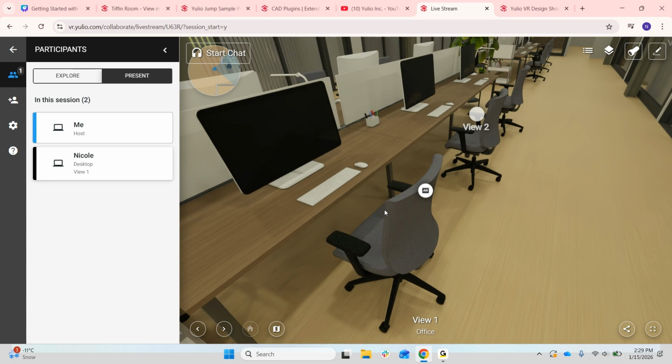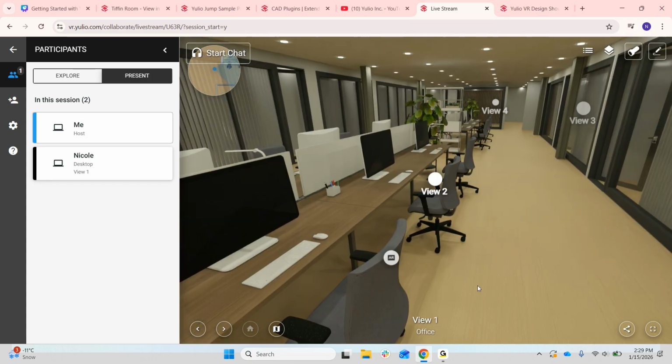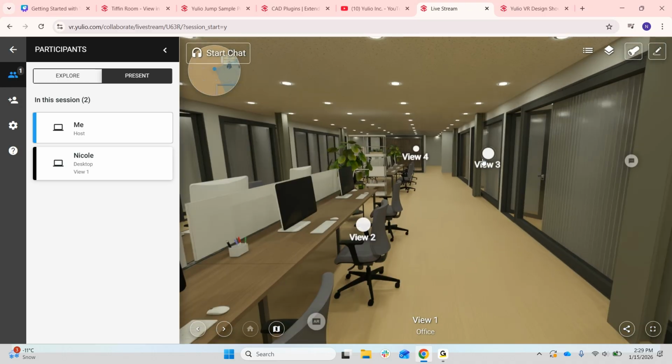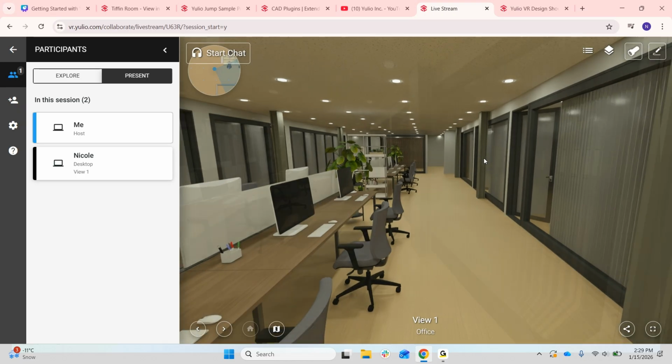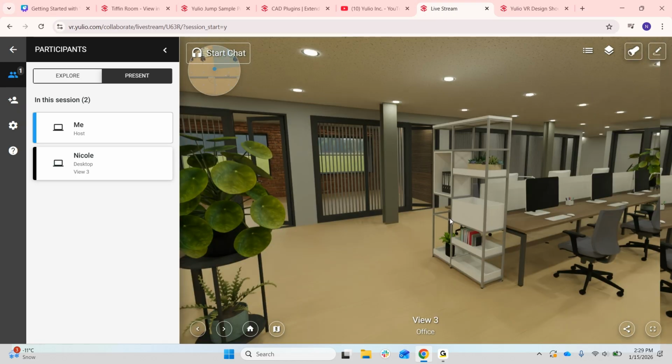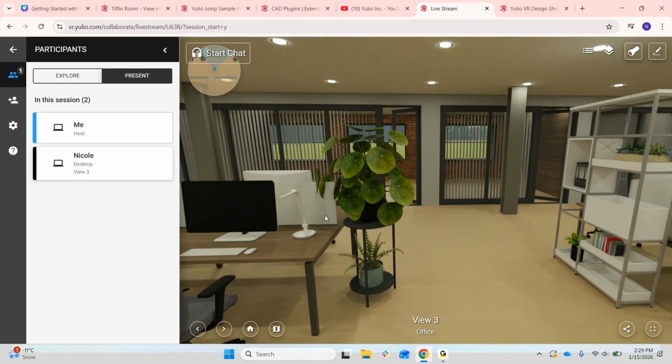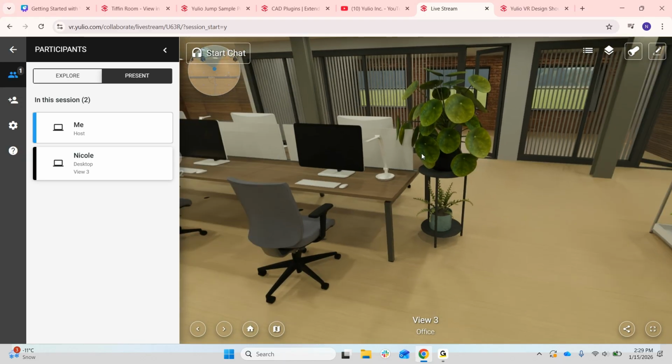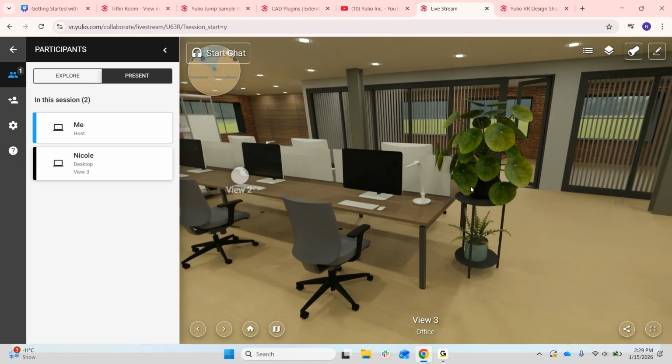Now I'm just going to return to my scene here. Now I'm going to activate our navigation hotspots. So let's move over to view 3. If you join the session, you'll notice that you've moved scenes with me and we're now viewing the space